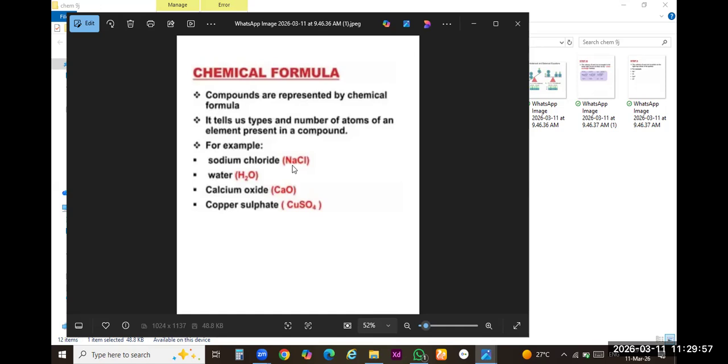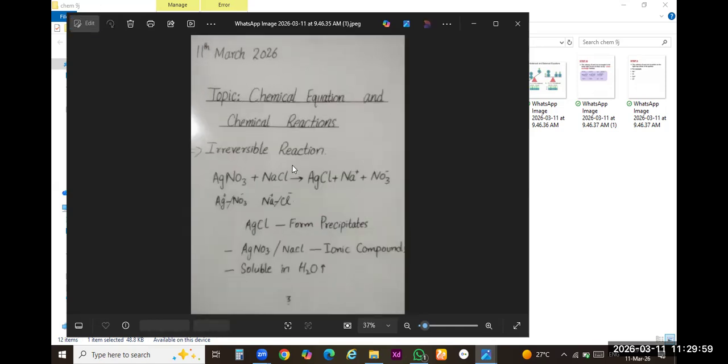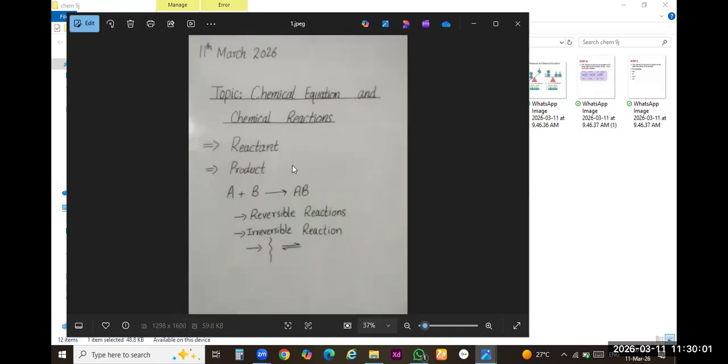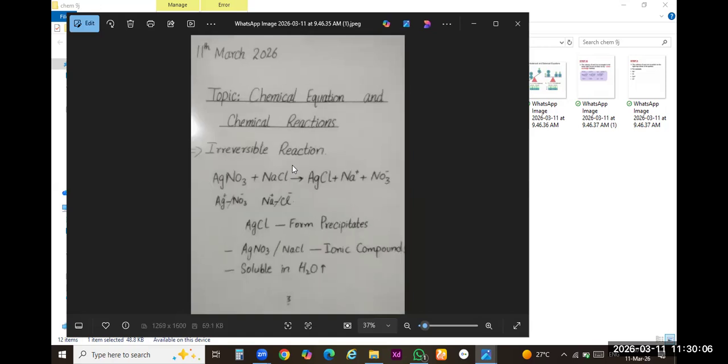Is there any confusion? Class, tell me. No, miss. Because we have to complete the topic of reversible and irreversible reactions. Done? Okay. Now follow your book, page number 61. There are basically two types of reactions, irreversible and reversible reactions. So in the first step, we will discuss the example of silver nitrate, the reaction of silver nitrate with sodium chloride, which will produce silver chloride, sodium ion, and nitrate.